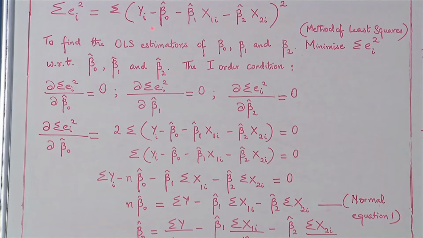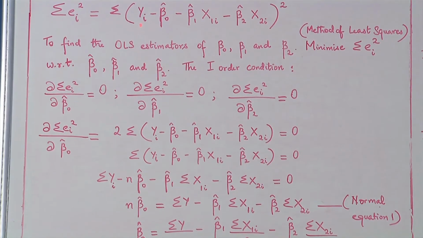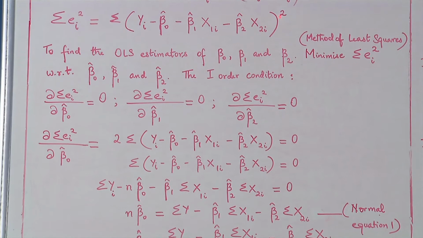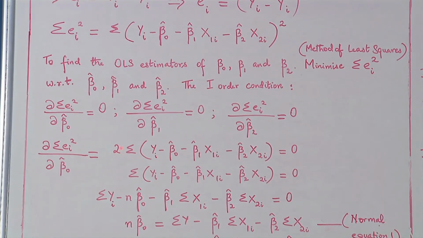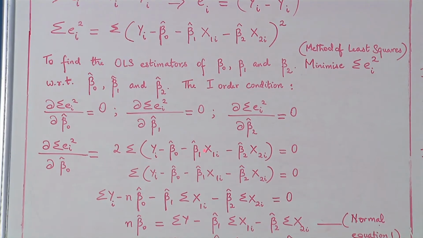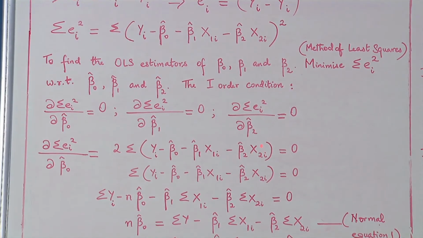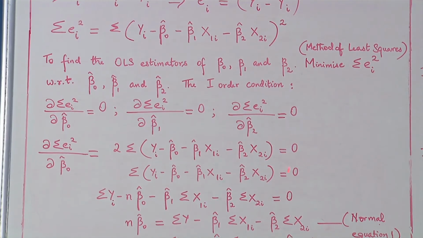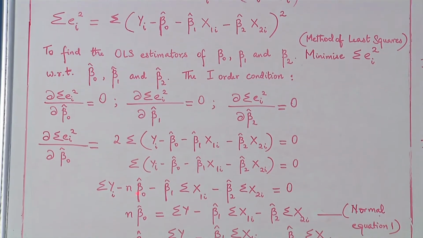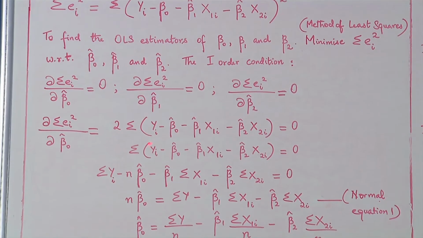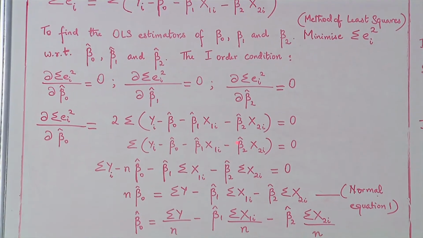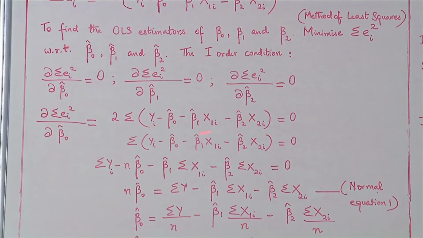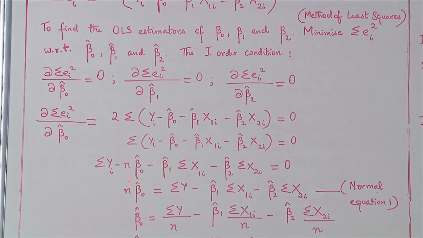So, we go to the equation, and from this equation we derive this. The power is 2, so 2 comes to the front, and on differentiating we get sigma yi minus beta naught hat minus beta 1 hat x1i minus beta 2 hat x2i equal to 0. 2 goes to the right side, so 0 by 2 becomes 0, and the next relationship is putting the sum for all the terms. When we sum up for all the terms, we get sigma yi, and sigma beta naught hat becomes n times beta naught hat.